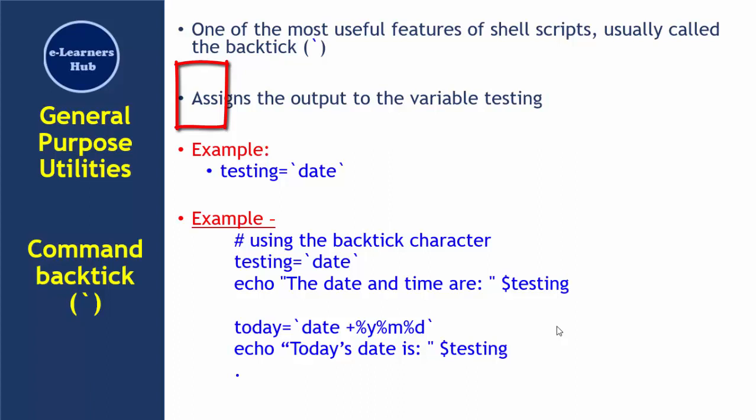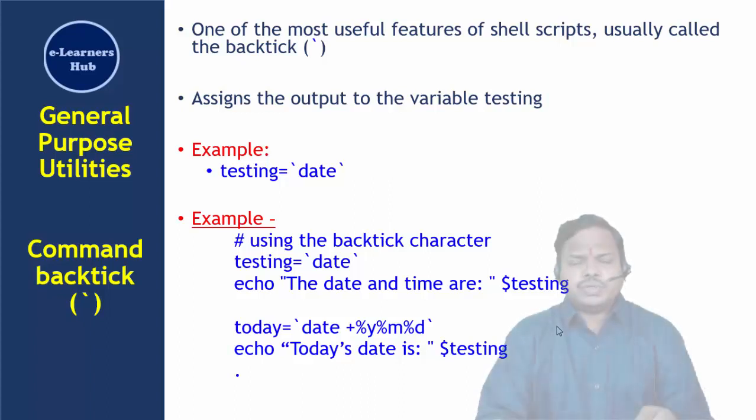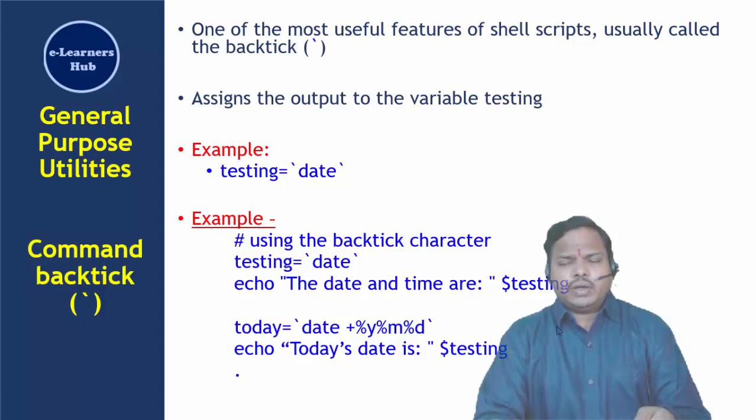Similarly, in another command we are using a variable today and the date command along with its format specifiers. The format specifiers would store only the date in the given format: year, month and date. This is how we can display the value of the date command using the variable today. Let's see the demonstration of this command and see how to use the backtick in Linux.